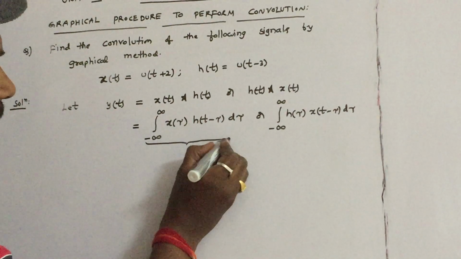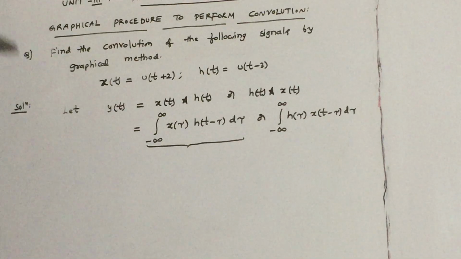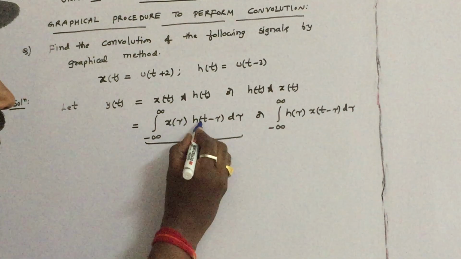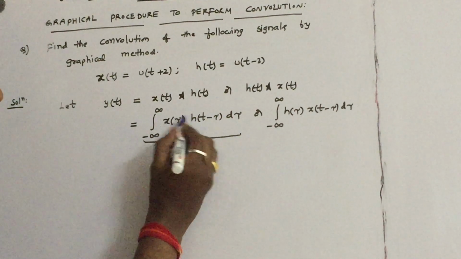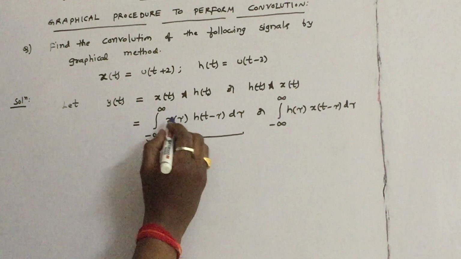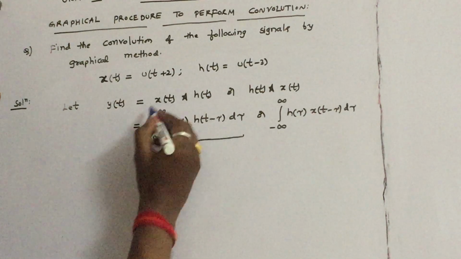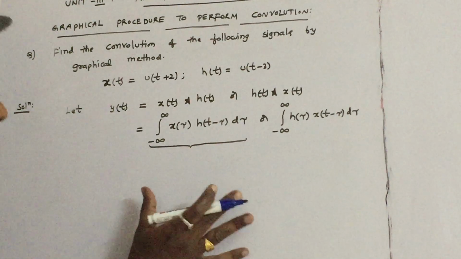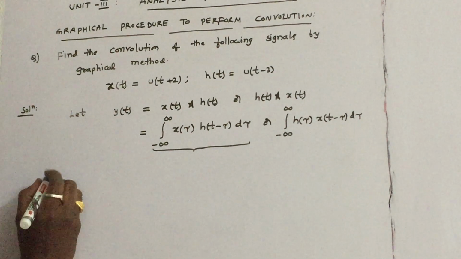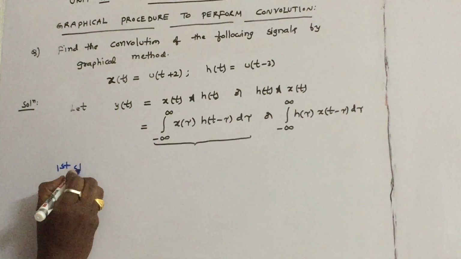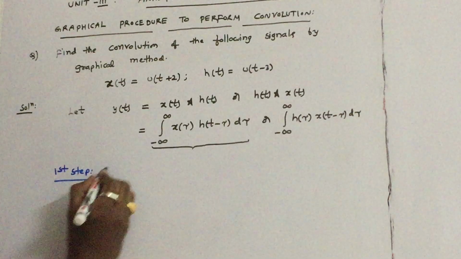So use this formula. First, in the graphical procedure, what do we have to do? We have to plot x of tau, h of t minus tau, and we have to take the overlapping and non-overlapping regions and find out the area under this product curve. So that is what we do in the graphical procedure. What is the first step? The first step is to plot